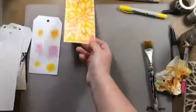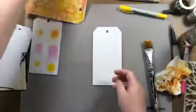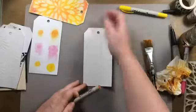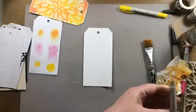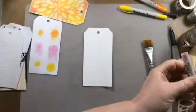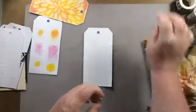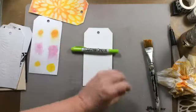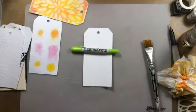So let's just see if it does have any difference being watercolour card, because obviously watercolour card is made for things to move about. Let's do some different colours so that you don't keep seeing the same colours all the time. So what should we have? Let's have, oh, one of my favourite, Twisted Citron. That's going to end up being the same if I do that. Twisted Citron